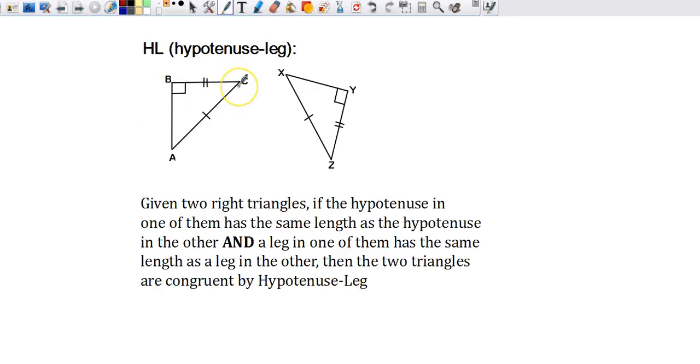Oh, I almost forgot. This statement is called hypotenuse leg. This is a special case that is only used in right triangles. So you'll notice there has to be a right angle there. And furthermore, the hypotenuse is the segment that needs to have the corresponding pairs of sides marked. Okay, so you have to have a leg. A leg is one of the shorter segments, and the hypotenuse has to be marked. But if you had something like this,